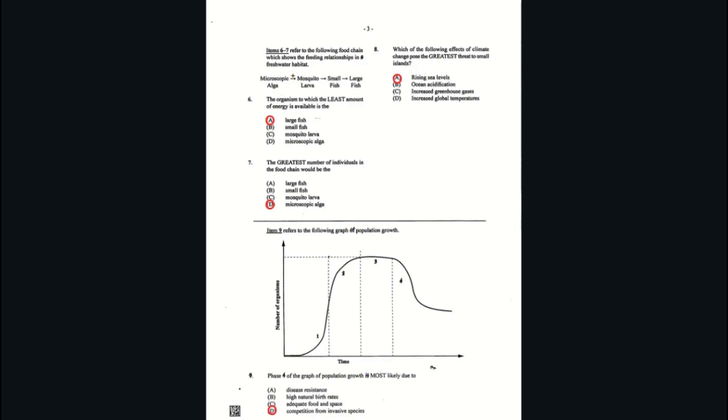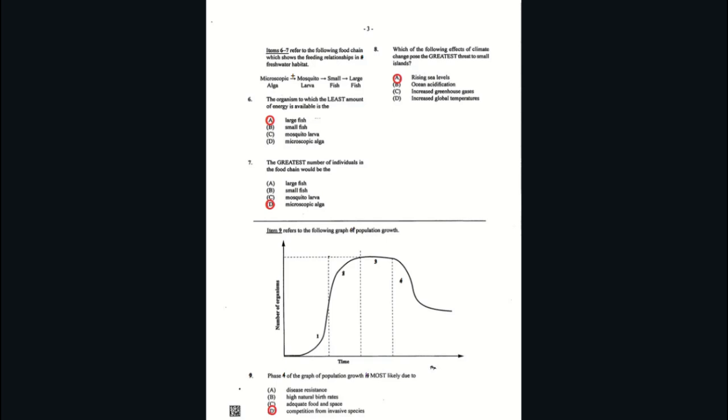Right, so let's talk about number 7. The greatest number of individuals in the food chain would be the microscopic algae, which is D. And the reason for that is, have you ever seen a pyramid? On the pyramid you would see that the producers are the largest. As you get to the top of the food chain, you realize that our apex predators or tertiary consumers are fewer, right? Usually we have a lot of producers, and as you go up the pyramid or along the food chain, you do realize